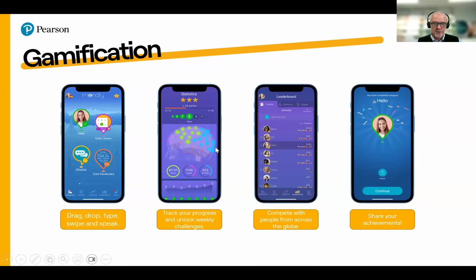You can track your progress. You can be in competition with people from across the globe, so you could see how well you're doing compared to all of the other learners using Mondly by Pearson, and you could even share your achievements when you finish a particular lesson.